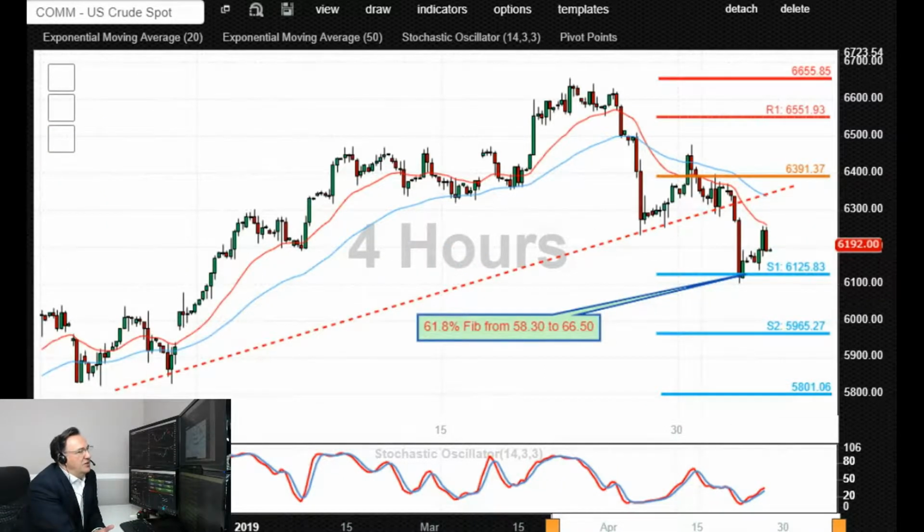This is WTI crude. WTI crude had a bearish pullback lower. This is daily and also 4-hourly rising support trend line, previous rising support trend line, pointing to the significance of this 63 level. We bounced off that level on a couple of occasions, and we flushed lower, and then we have the end of day close below that level now, which is signifying bearish sentiment. This area here at 61.25 is also 61.8 fib retracement from these swing lows at 58.30